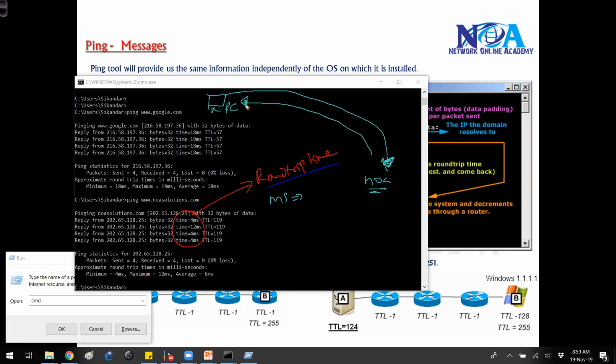So it is the duration of the ping request or echo request being sent and received. We call it round trip time, just like you go and come back.